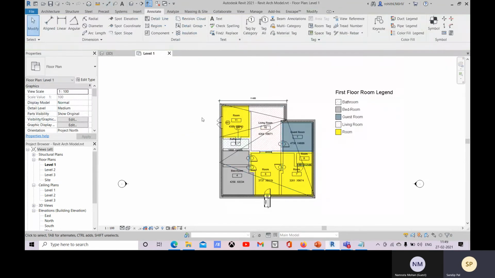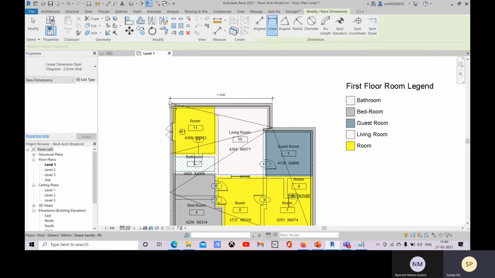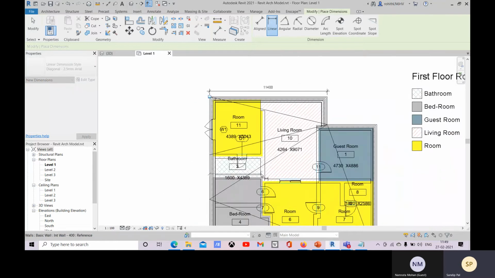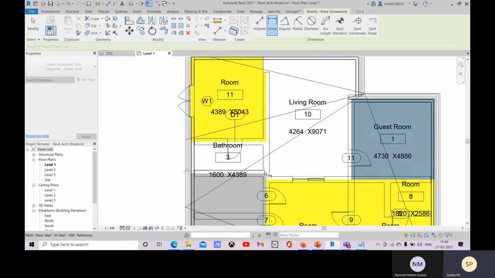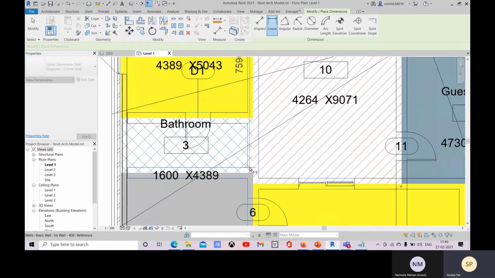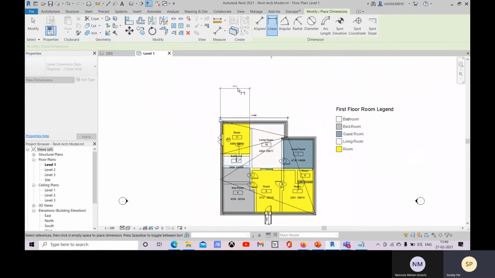And what about linear dimension? With this you can go point to point. Suppose from this point to this point. If this point is not being highlighted, you can press Tab. Then you can place it like this.